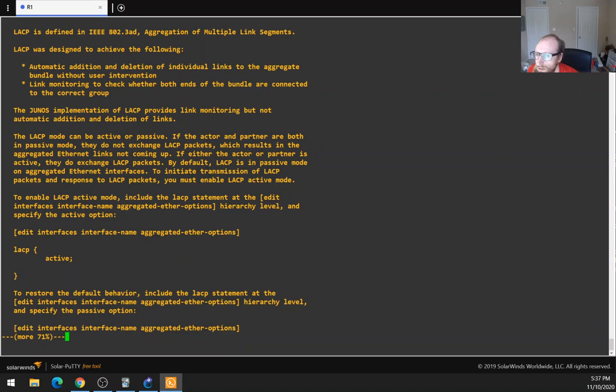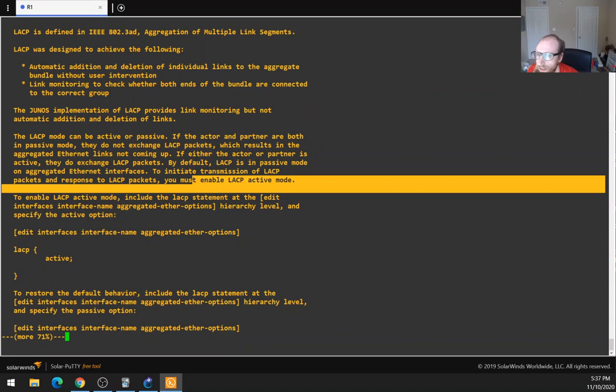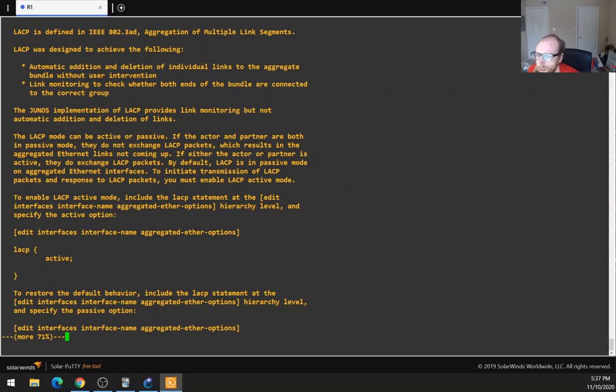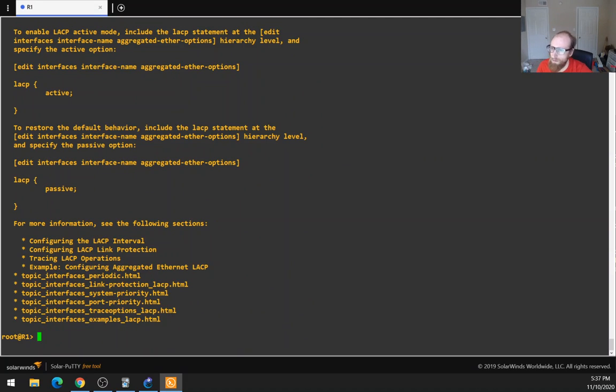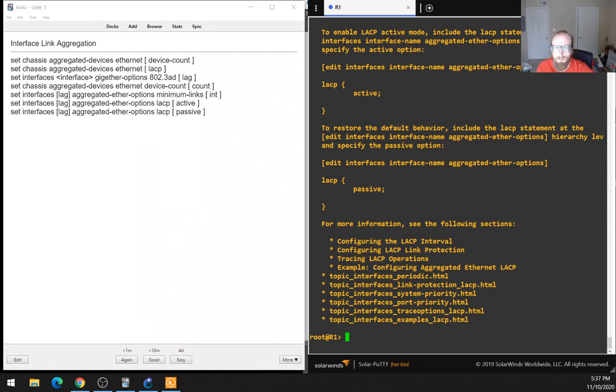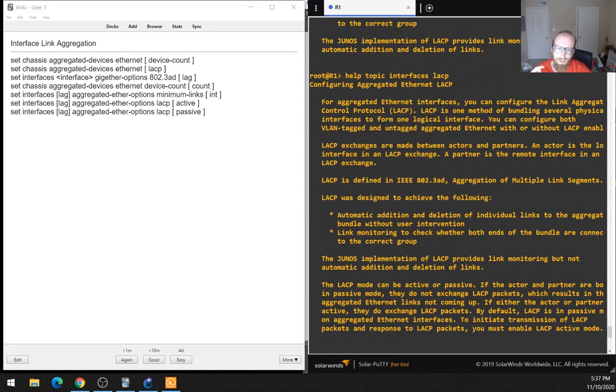Yeah, I wondered, but it does get this second part. So you've got to have active mode on at least one side. Okay, so that was good enough. It seems kind of odd to enable LACP on Juniper because it doesn't implement that first part, but